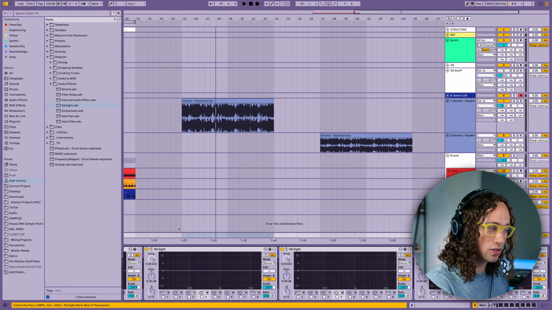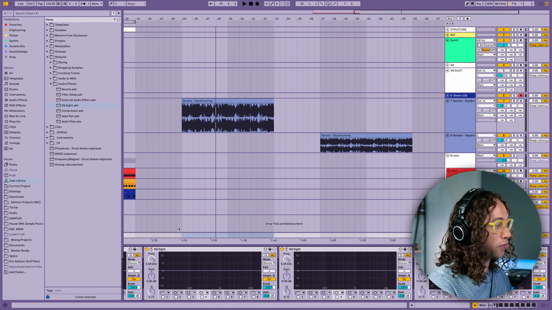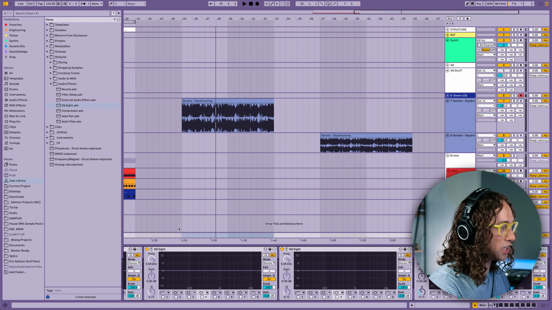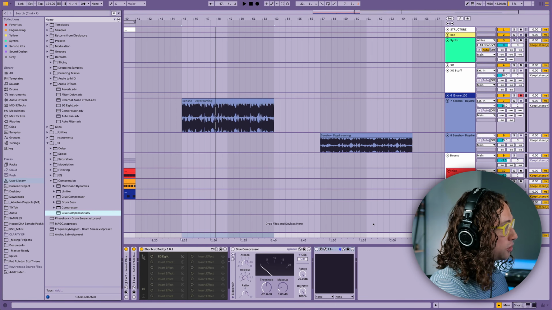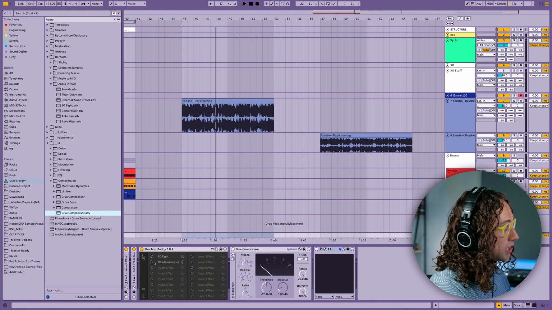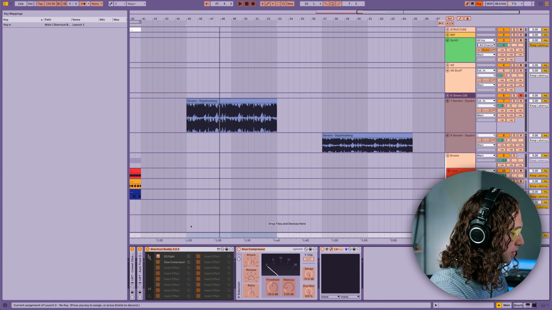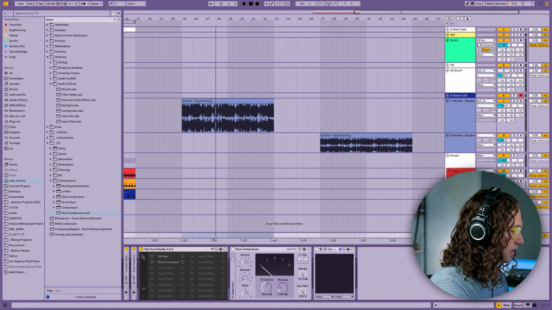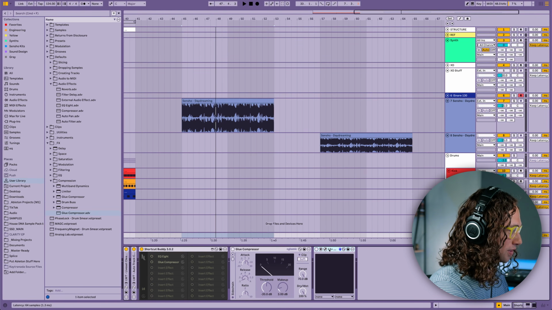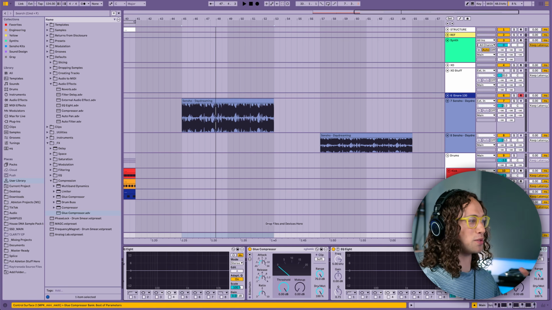So now you can sort of think about how you want to add in your favorite devices to different keys on your keyboard to make things a lot faster. And maybe you want to do the same exact thing with the compressor. So you just grab your glue compressor here, drag it onto the insert effect portion, and then press Command K again. And let's say we wanted to press G for our glue compressor. Press Command K again, and then now we can even alternate, right? So add a compressor, add an EQ, add a compressor, add an EQ,